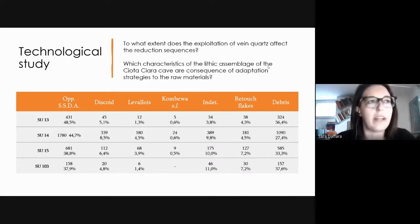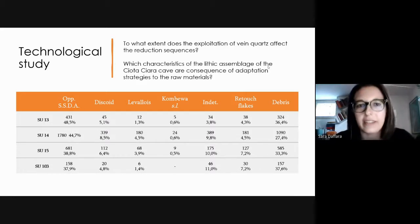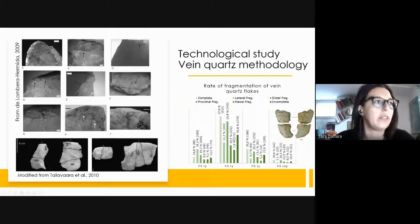If we look at the napping methods, we see a clear predominance of the opportunistic and multidirectional reduction strategies, but we also see that the discoid and Levallois methods are very well attested. Another element that we can highlight is the quite high, important number of debris, which is a consequence of the tendency of quartz to break during napping activities. The particular characteristic of vein quartz